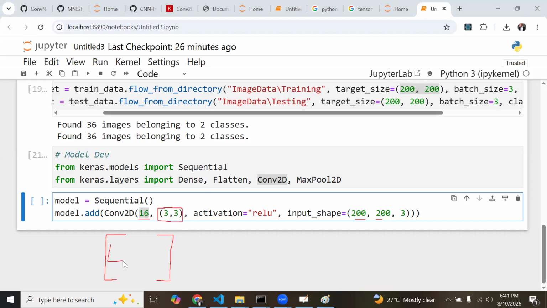So let's say this is the first one coming in. And this is going to be a 3 by 3. So if this is a 200 by 200, okay, there are 200 numbers over here, in terms of the rows, and then there are 200 columns over here. So this filter is going to take it section by section. So the first 3 by 3, and then it will do some computation over there, okay? And then it will move on to the next 3 by 3, it will do the computation all the way to all the 200 by 200 for the entire thing, okay? So it's almost like spreading,